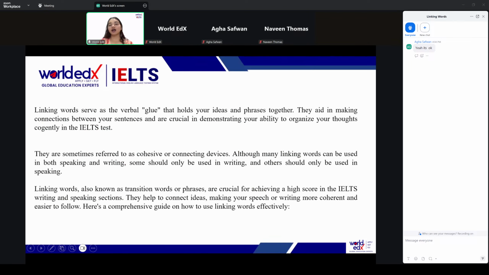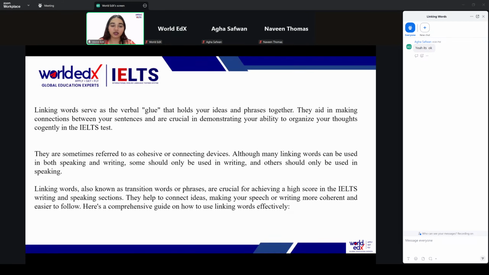Okay, so a linking word is basically the verbal glue which holds your ideas together. It works like any other glue that makes your conversations make sense. And whenever you're trying to connect two sentences, it is next to quintessential that you use these kinds of linkers. So when we talk about IELTS, using linkers is paramount because